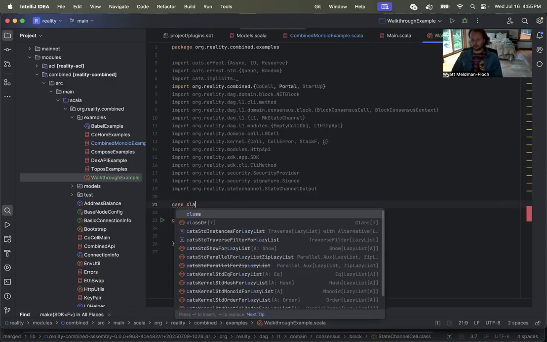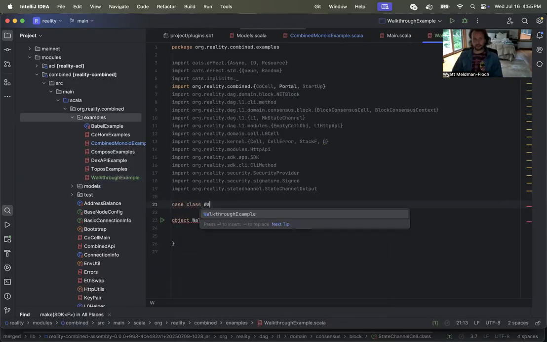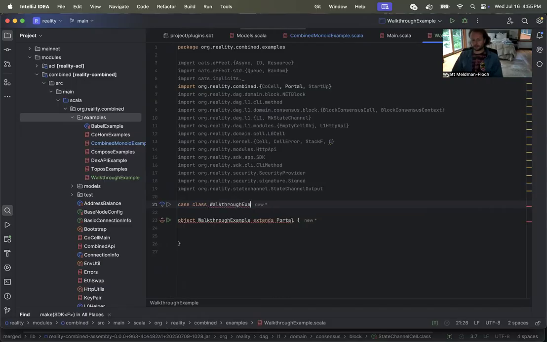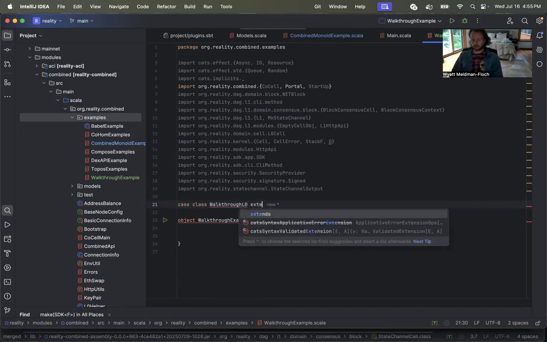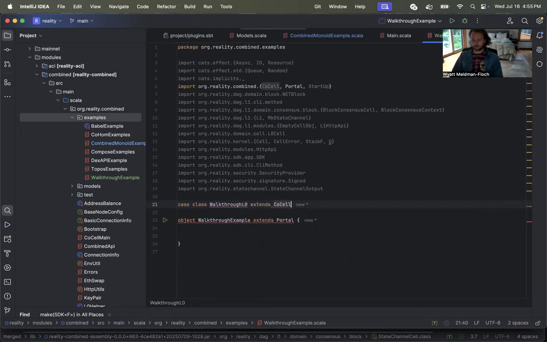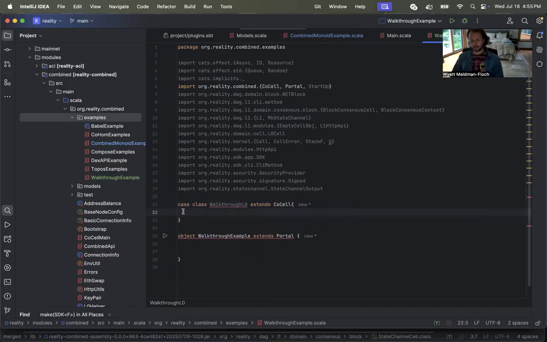Okay, so first things first, we're going to talk about something called a CoCell. So I'm going to create this thing called a case class. I'm going to call this walkthrough L0. And what we want to do is extend CoCell. CoCell is really cool. It's very special in the fact that what CoCell does is